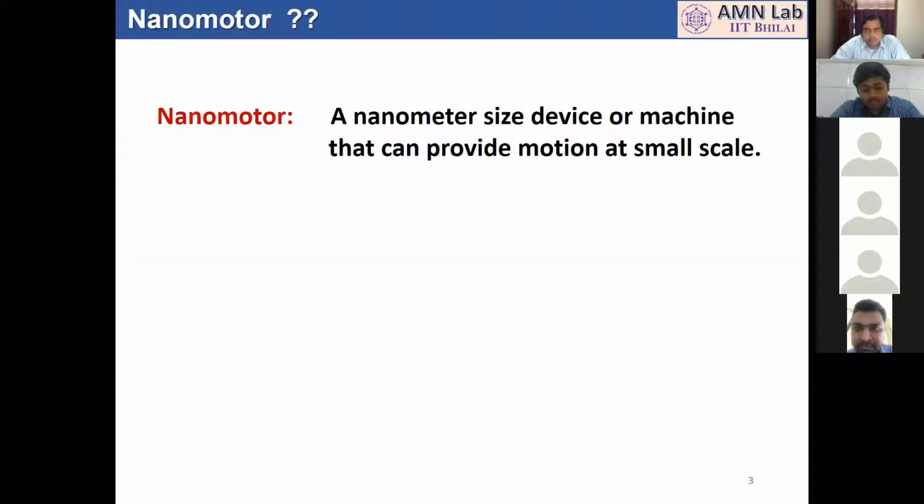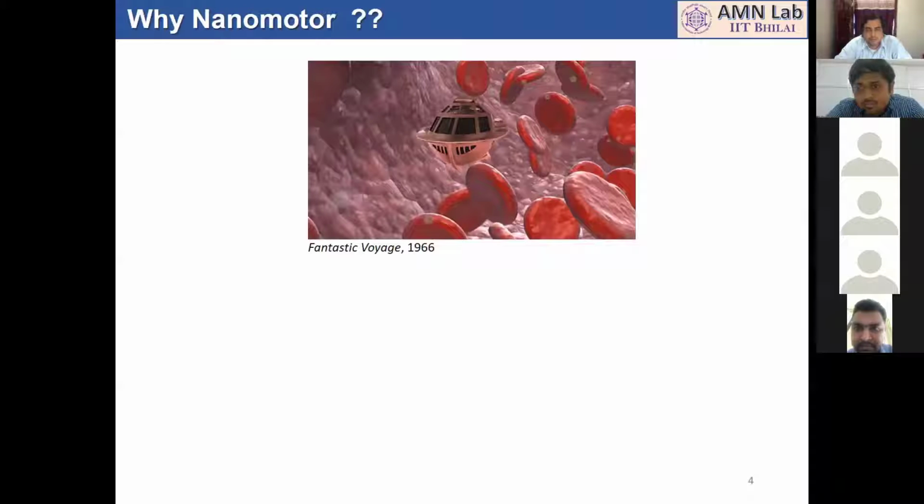Well, the idea of the nanomotor, this is an interesting fact. It came initially in 1966 in a Hollywood movie. It was a very famous movie, the name was Fantastic Voyage. In that movie, they basically hypothesized a very small ship that can go inside the blood vessels in our body, and basically it can be used to do some sort of fixing of the cells or tissues, or fixing of the broken organs of our body, basically for non-invasive surgery.